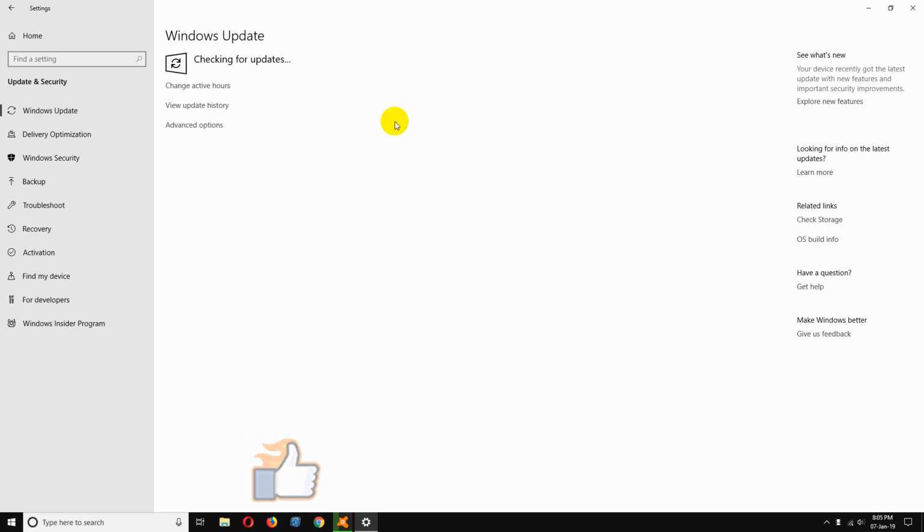I'm going to click on it, and after clicking this button, if it finds the new version of Windows, it will start automatically downloading its components. But in my case, I have already updated my Windows. For that, it says you're up to date. For your case, you just need to click this Check for updates. After it finds a new version of Windows, it will automatically start downloading its components for the new version.